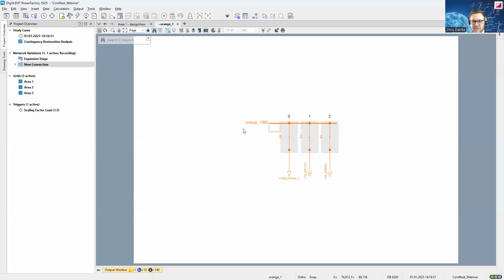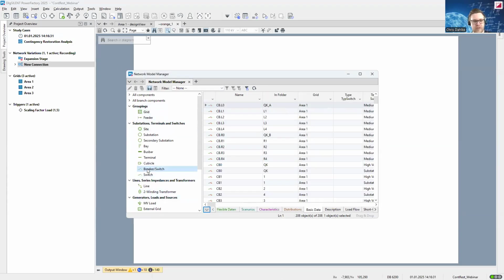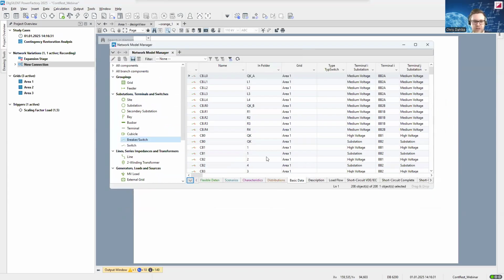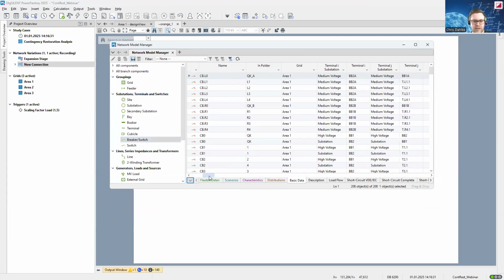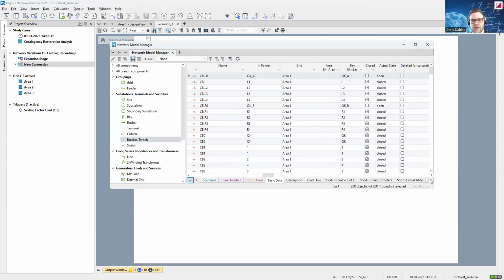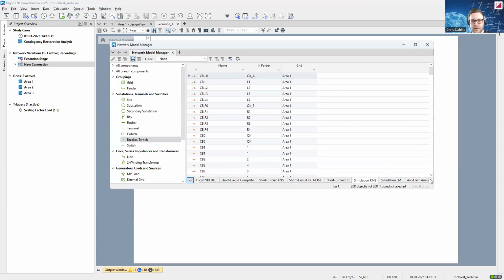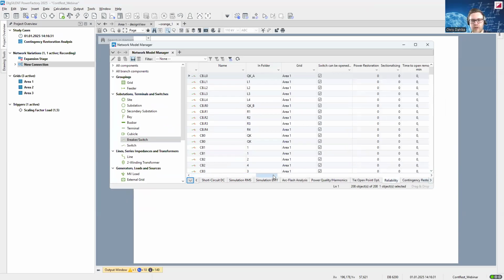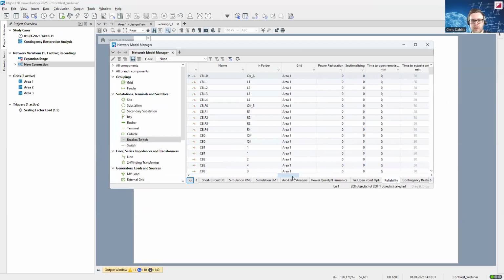And I guess the easiest way to configure that is via the network model manager, where you can filter for, let's say, remote control switches with the corresponding parameter and then configure it via this. Exactly. Yeah, that's a good hint here. So of course, when you already defined these settings for the reliability, then you can, as Chris said, use this to